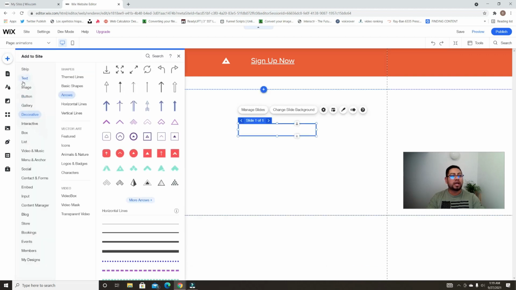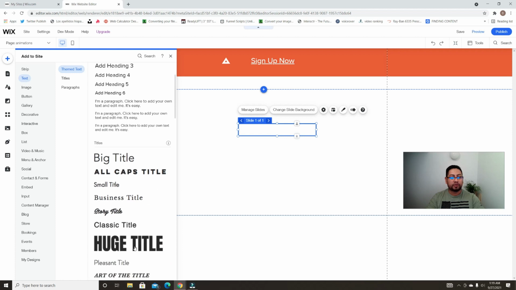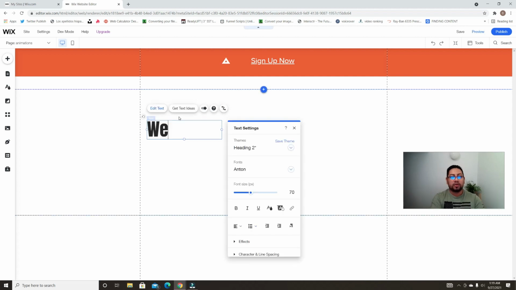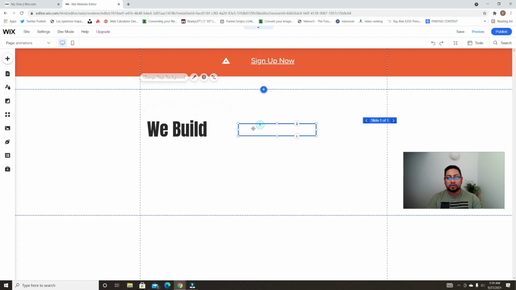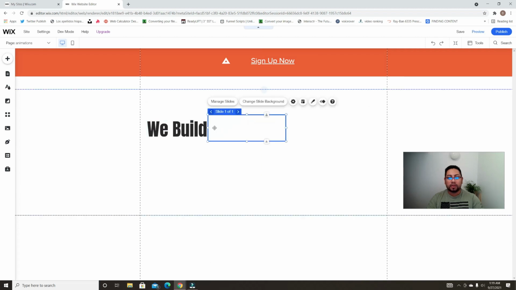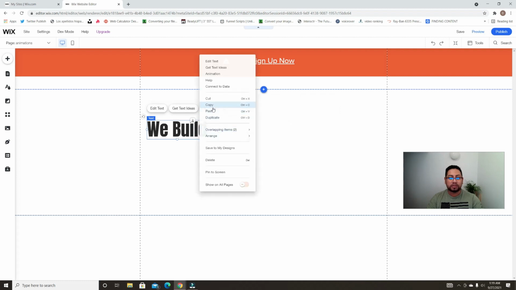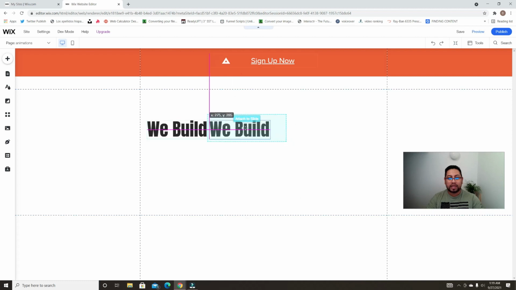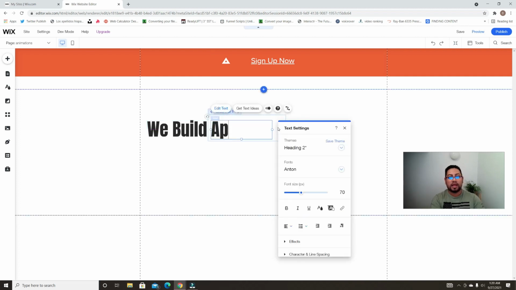So let's say you add some kind of huge text like this one, right? And then you can say something like we build, and then here you can set an animation. So this box right here, you're gonna put it as close as possible, and then we're gonna copy this, we're gonna put it inside the box, attach, and then we're gonna say, for example, apps,